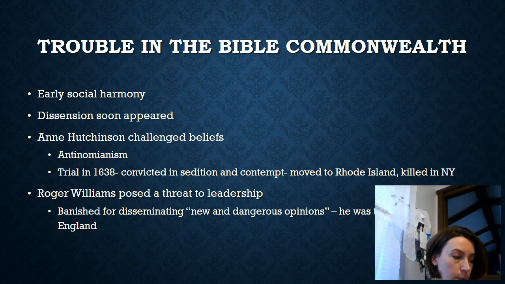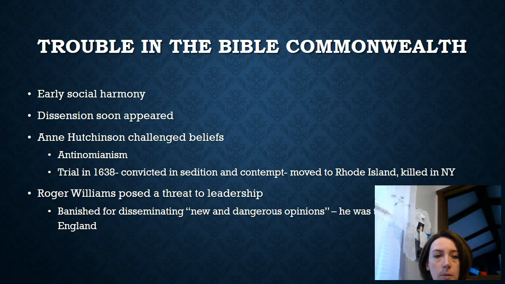And just a couple notable people here, with Anne Hutchinson. She starts to have prayer meetings in her home. She comes from England for the specific reason to live in this colony, but she starts to question the beliefs of those in charge, saying that they were only talking about good works. They weren't talking about grace, and grace is essential.